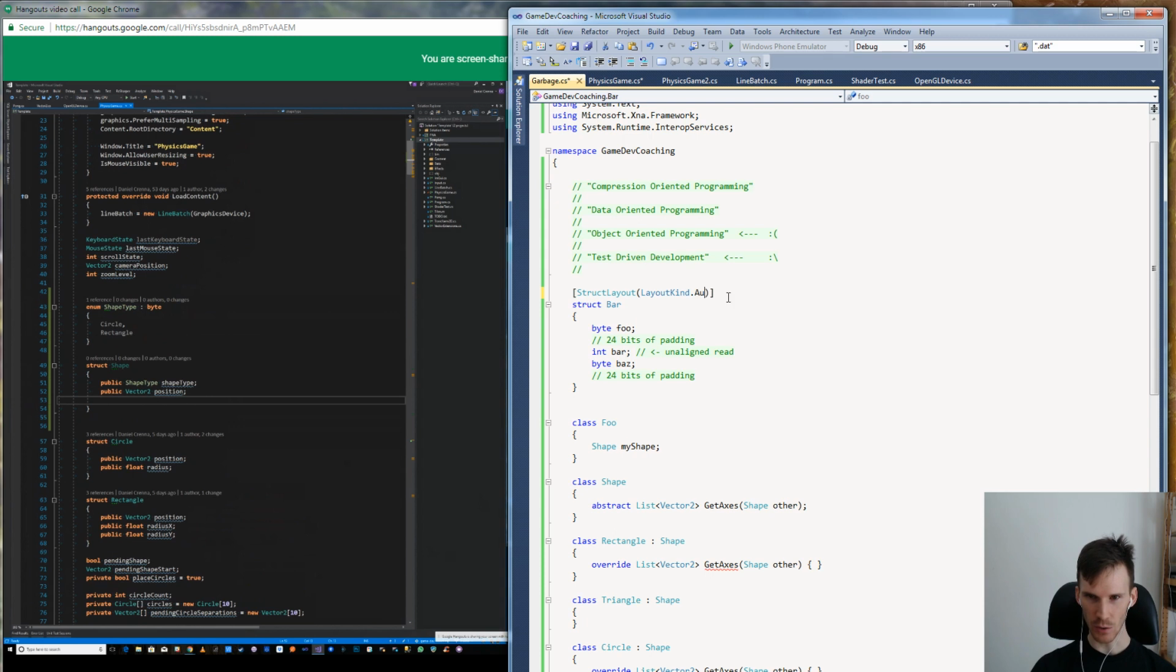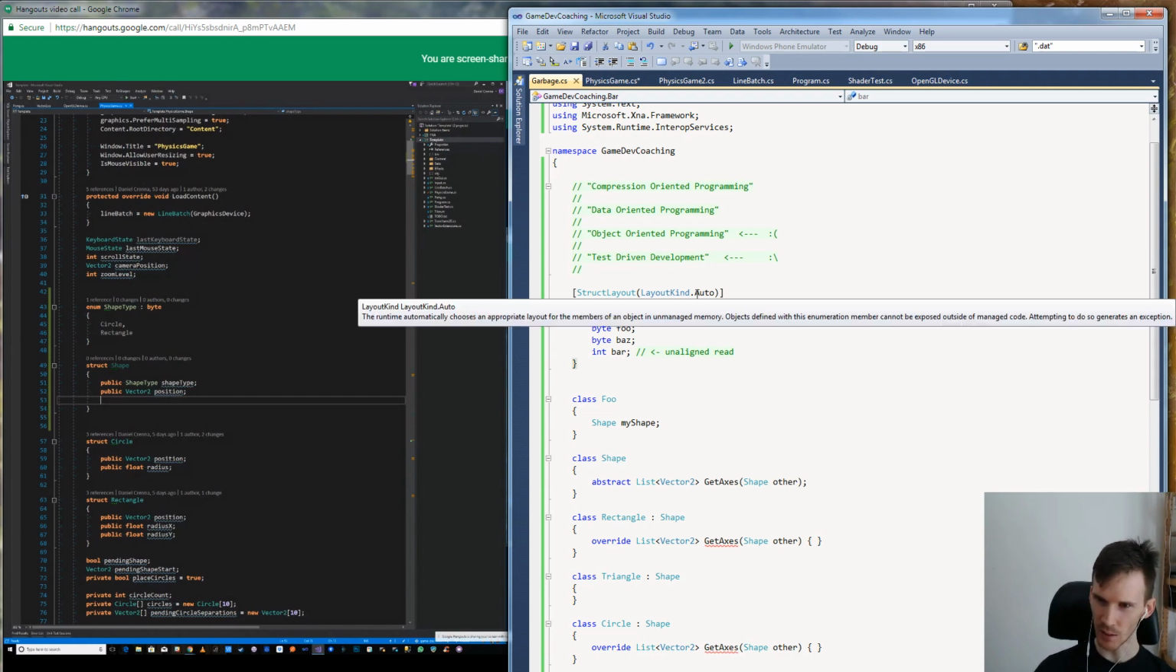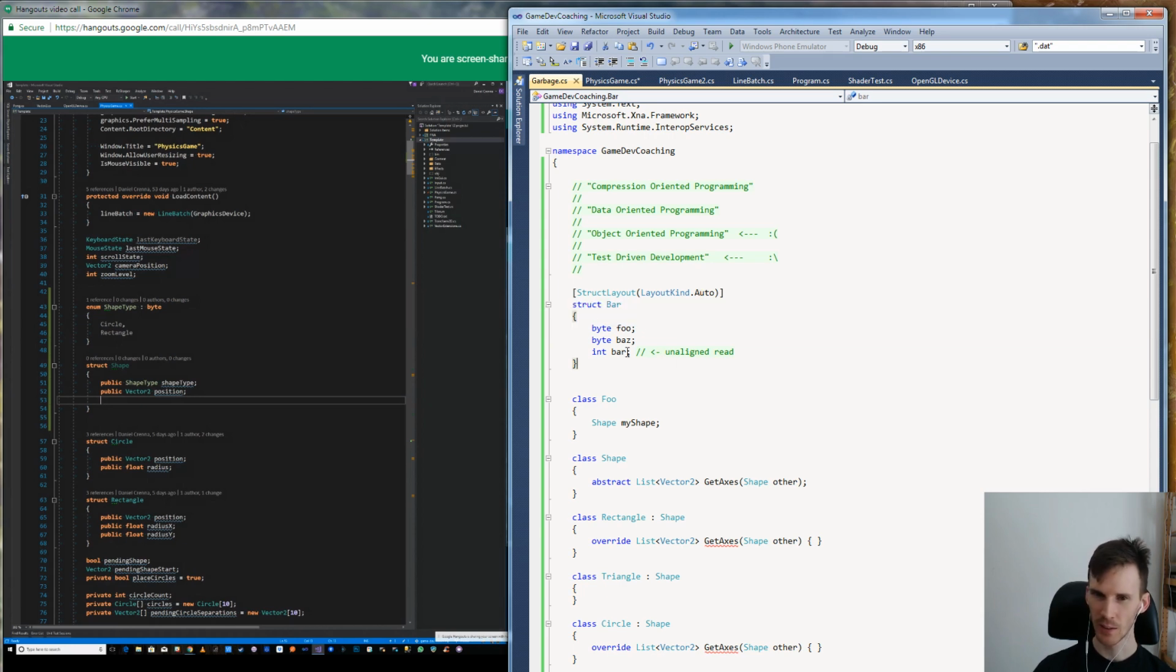Whereas class uses auto, in which case the compiler would probably take this and be like, all right, well, you've got all this padding here. Instead of shoving that there, I'm just going to move that up there for you. I'm not sure it actually does this for structs. Objects defined with this enumeration cannot be exposed outside of managed code. Okay, so it will do that apparently,